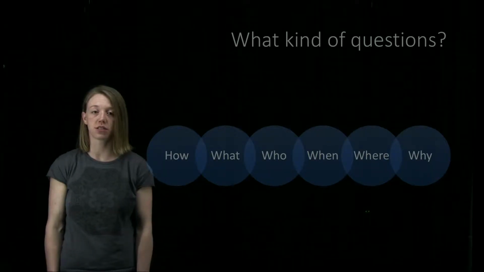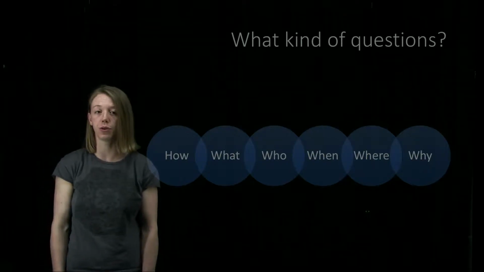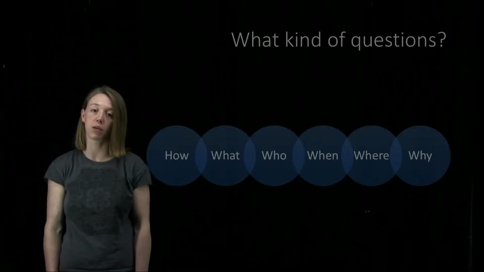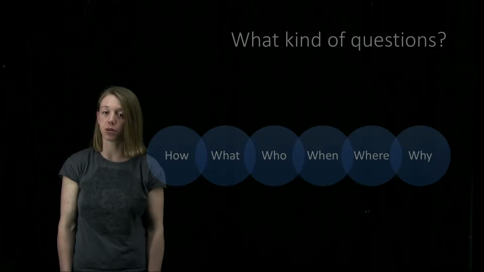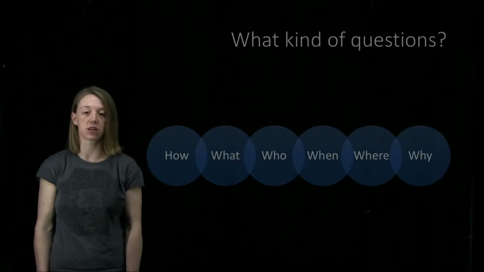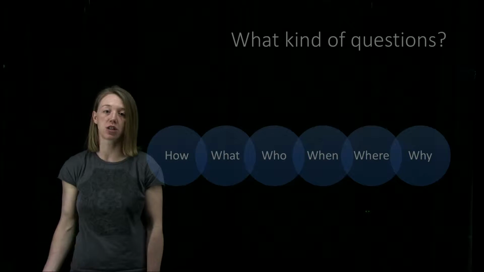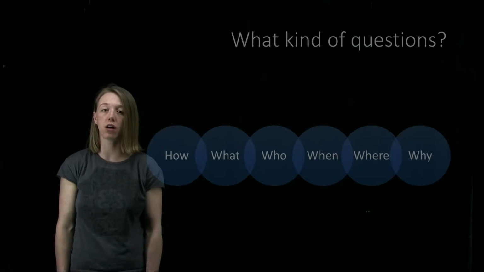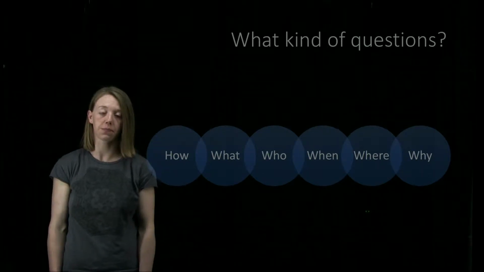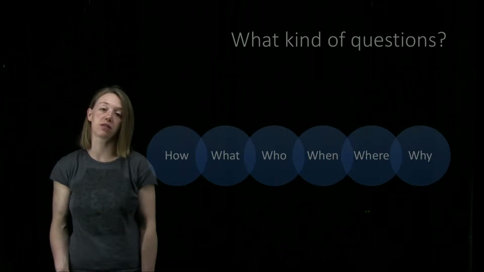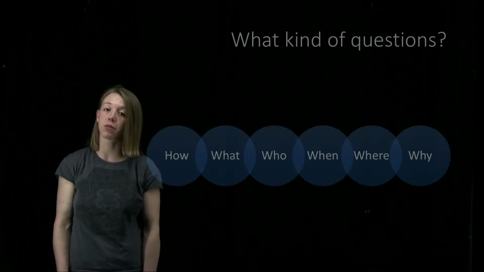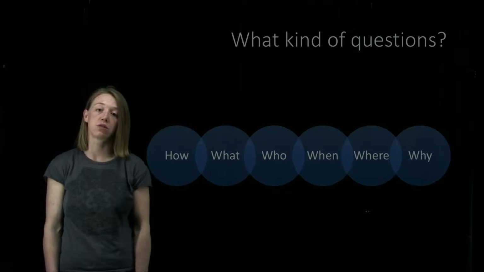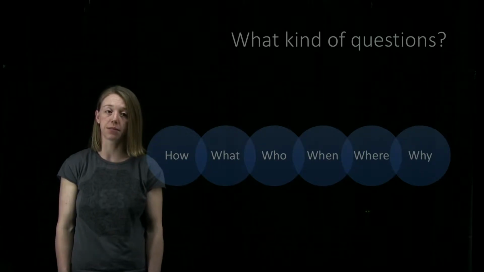Qualitative research can answer how, what, who, when, where, and why questions. For example, qualitative research could answer how someone might manage to be a full-time student while also having a full-time job. Qualitative research could also answer why a group of people might choose to rock climb outdoors without a helmet.